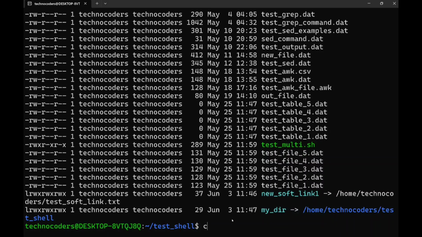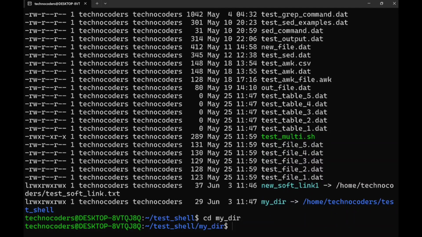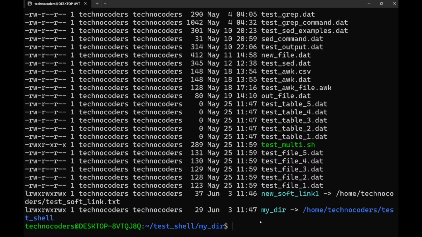So for example, if I do cd my dir, you see here, this directory, all the content whatever is there inside my cell, it will be showing here. Now once you understand how we can create a soft link, try to see how you can unlink or remove